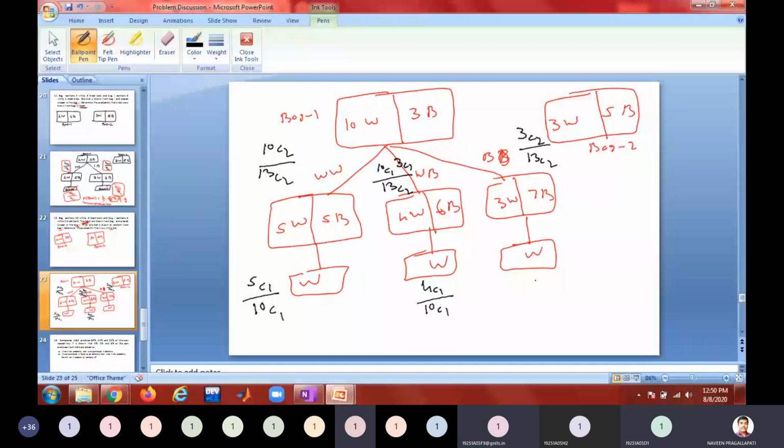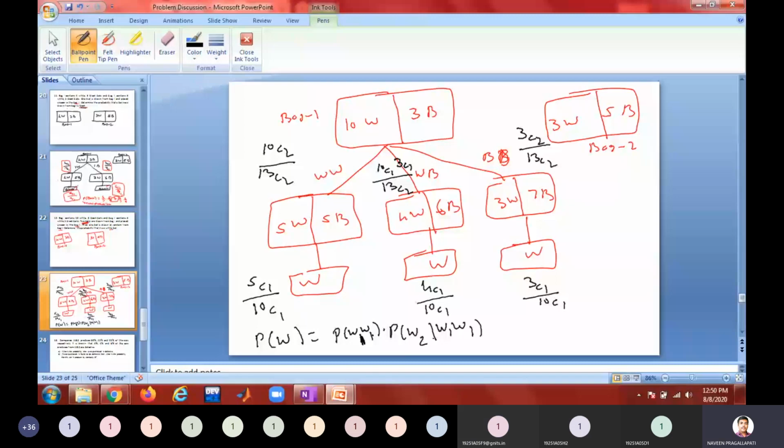Okay, I will just formulate like this: probability of WW into probability of W2, where suffix 1 denotes drawing from bag 1 in the first trial, and 2 denotes drawing from the second bag. Is this clear? Yes, sir. The suffix denotes the bag number. So probability of drawing a white ball from bag 2, given that white balls are taken from bag 1, plus